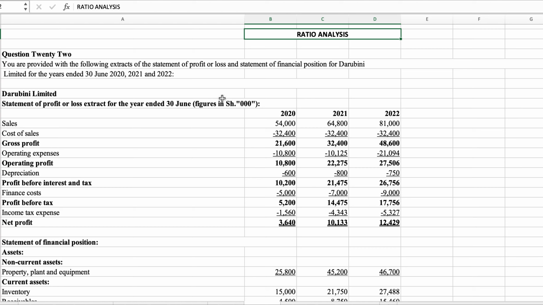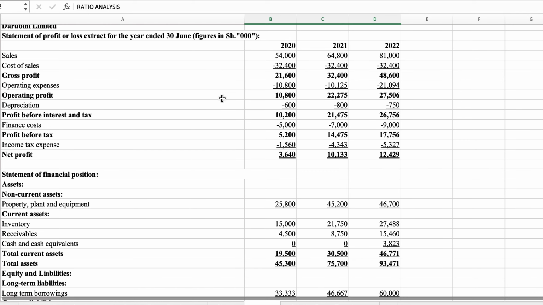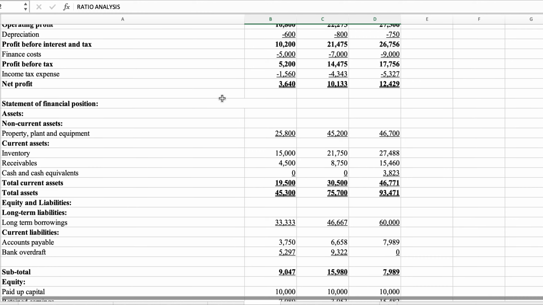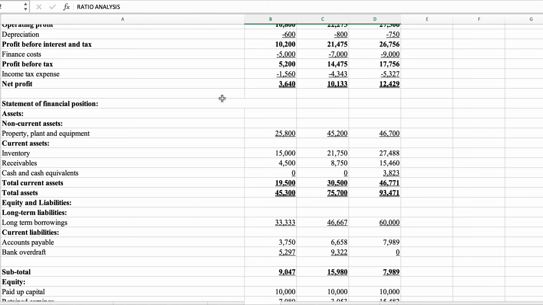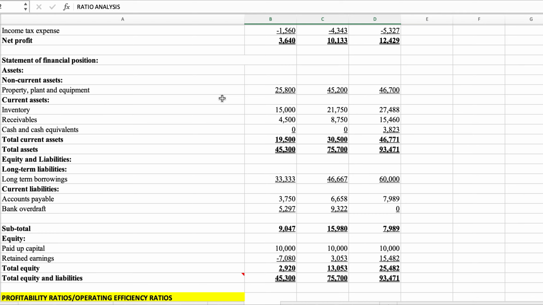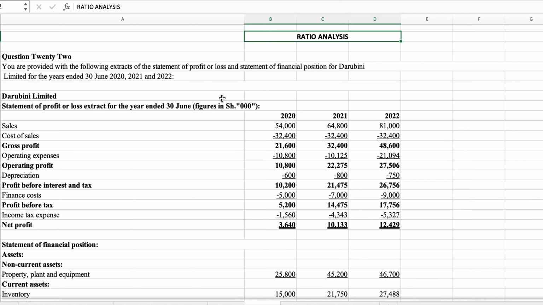So here we have Darubini Limited. We have the income statement, or what we sometimes call the statement of profit or loss extract, and we have the sales, the cost of sales, depreciation, finance cost, income tax expense. Then we have the statement of financial position. We have the non-current assets, current assets, long-term liabilities, current liabilities, and equity. And you have been given 3 years here, which is 2020,